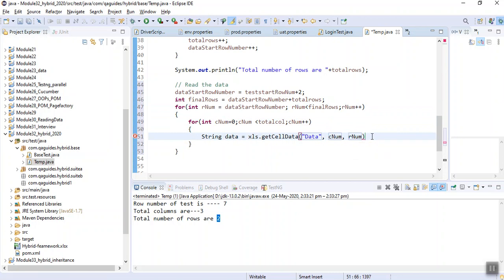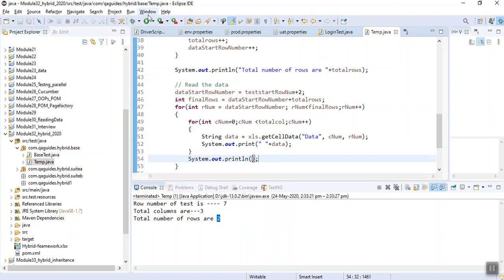And now, say I print on the same line all data. I go here and print data. I don't put println. First row I want on first row only, and here I do next line. It will take me to next line. Let's run it out.